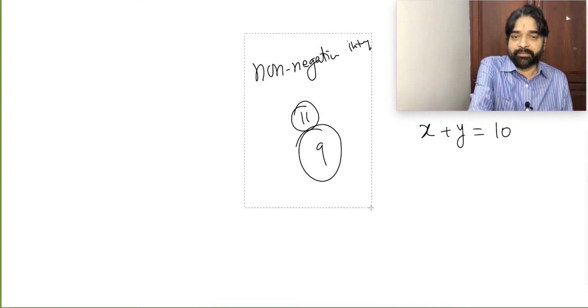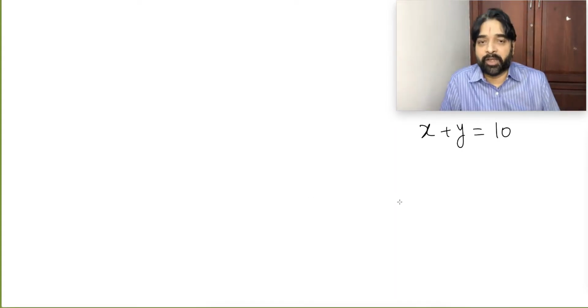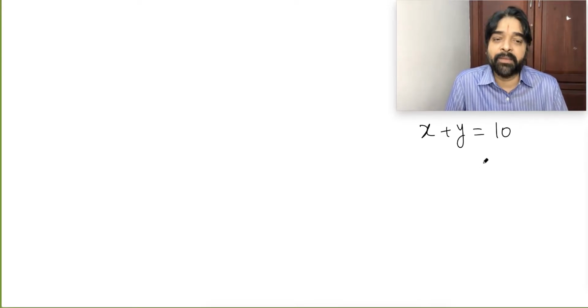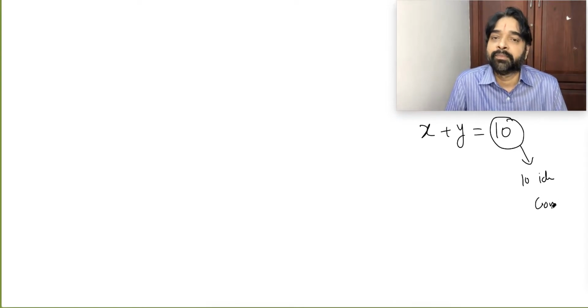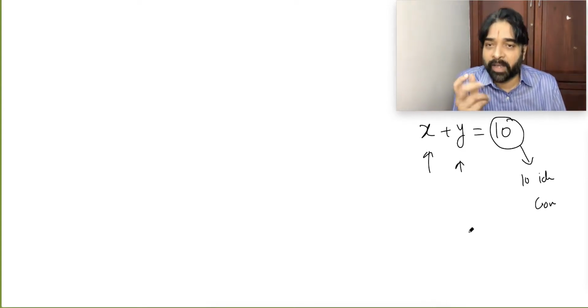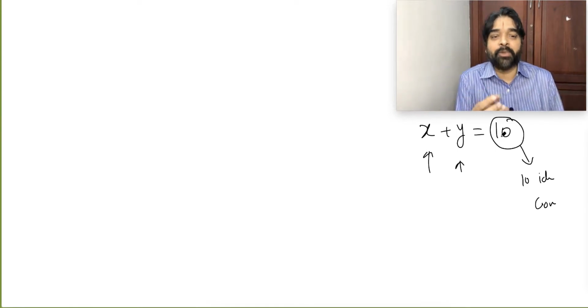If it's 3 variables, x plus y plus z plus w, something like that, you can easily understand it will be a horrible task to do manually. Can we think of this question in some other way? Yes, very much. I will think this way. I am having 10 identical coins, and there are two kids whose names are X and Y. By solution we mean we have to distribute these 10 coins between X and Y. This is the meaning.